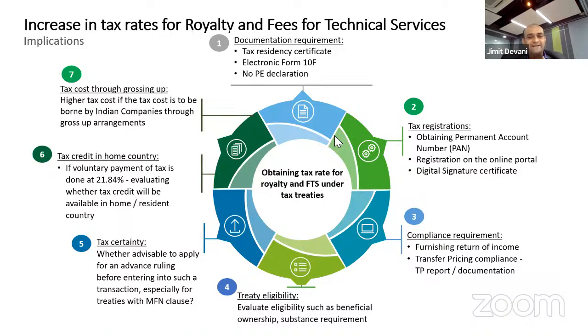Somebody is asking, please explain the grossing up indicator. Okay, it's a simple thing. Say I need to make a payment to you. You are a non-resident. I have taken certain services from you and I need to pay $100. You will say, sorry, I am a non-resident, I don't want to bear any taxes in India. You please pay me $100. $100 has to hit my account. If there are any taxes paid in India, Jimit, you have to bear them. I don't care whether it is 10%, 15%, 20%, 30%.